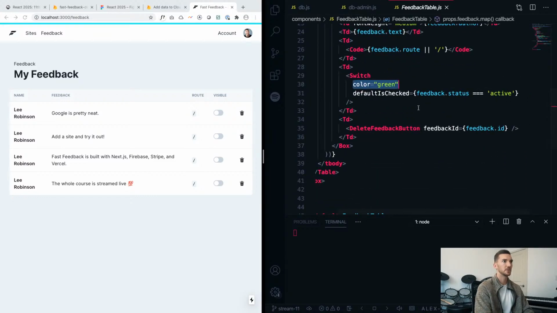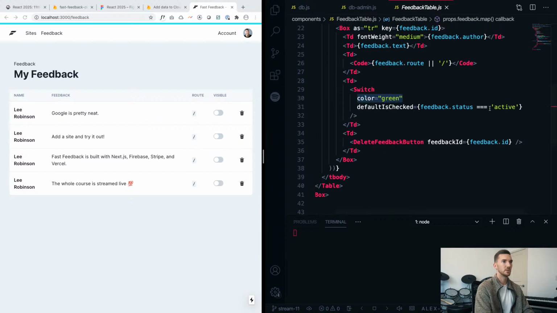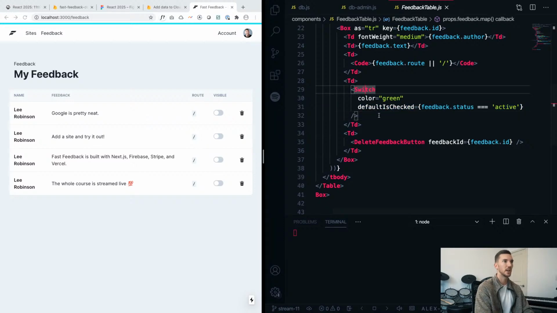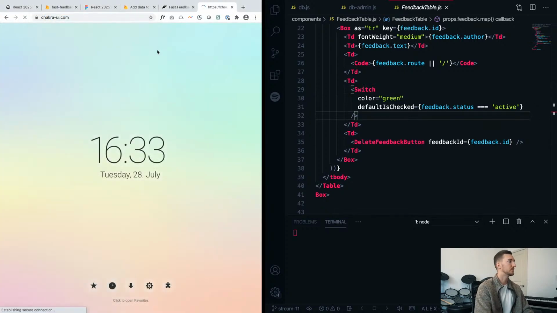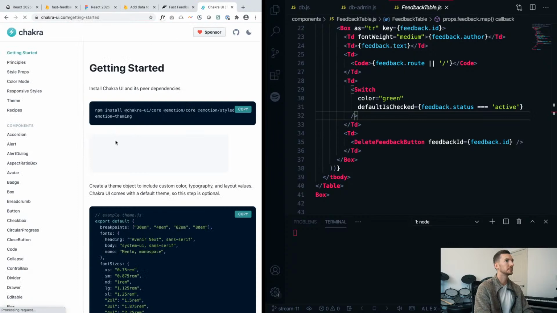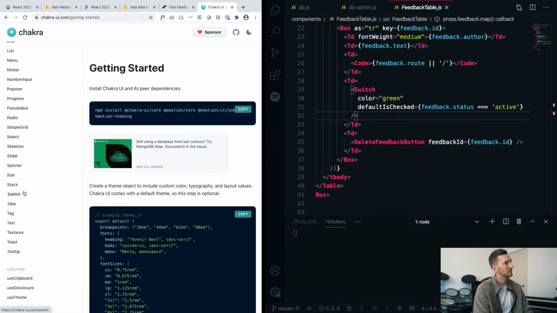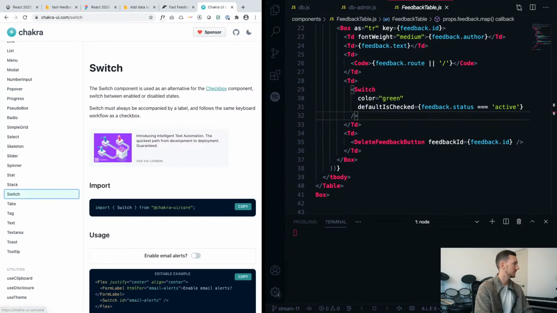And we have our switch. Default checked is if the status is active. But then we also want to handle an on change or an on some action on the switch for when we click on it, and we want to fire that action. So let's pull up Shadcn UI. We'll go to a switch,